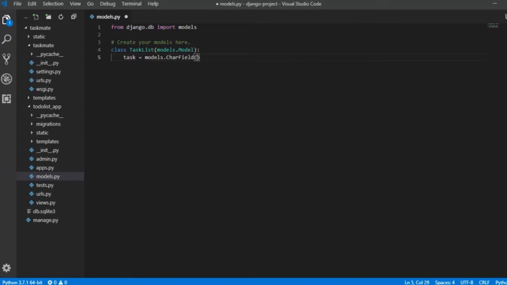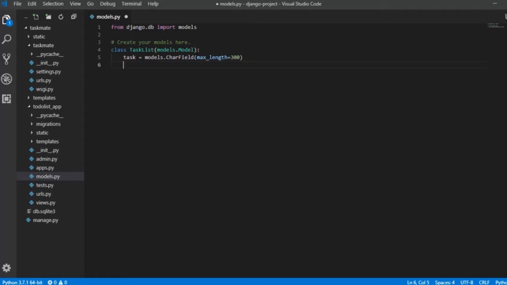That is done. Now I need to mention what is the maximum length I need to accept for task. Like if we are creating a username field, we might accept 15 to 20 characters. If we are creating a password field, we might accept minimum 8 and maximum as 30. So in the same manner, we need to accept the maximum length. So it can be approx 300 to 500 character. So all you have to do is just mention max length and then the character. That's done. So that is our first field.